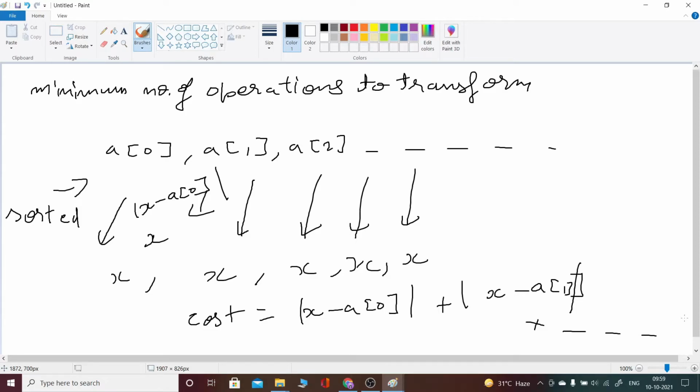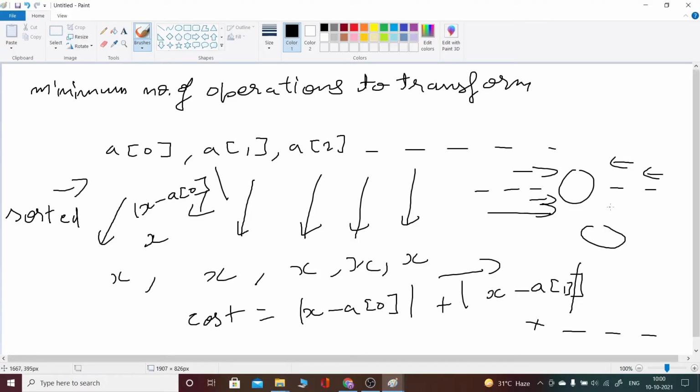What we have to do is minimize this cost, and you have to choose x, whatever you want. So what x would you have chosen? Yes, you are right, you would have chosen the median. And why median only? I'm giving a brief proof over here. Let's suppose these are the elements. If you take the center element and sum the differences of the elements from the center, from the left side and from the right side, that would be the cost of our function.